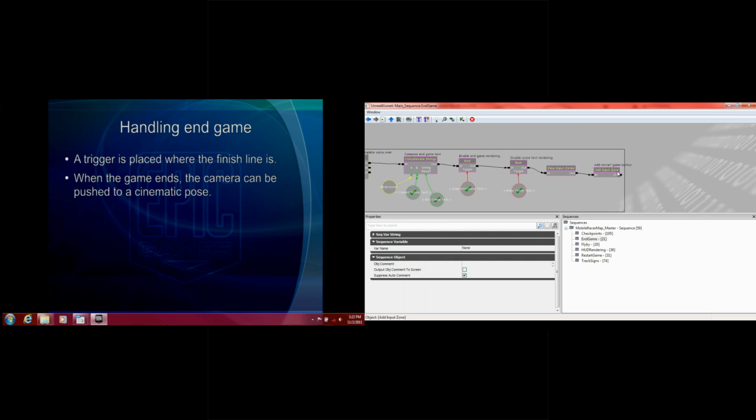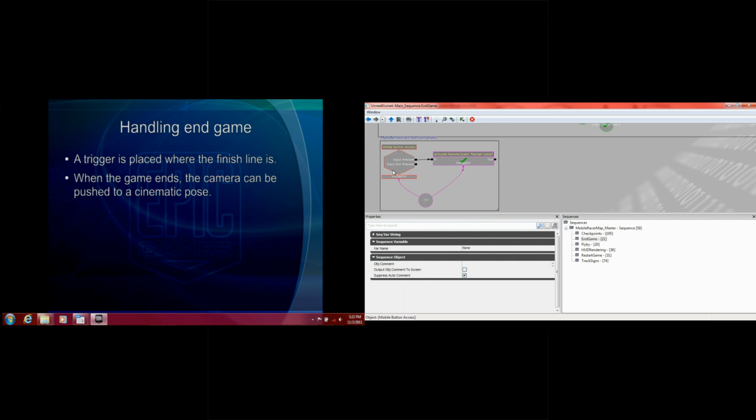I then add a restart game button. Basically, it's an invisible button which is over the whole screen. If the user touches that, then it restarts the whole game again. Where that's handled is just down here. I have an input zone here, and it just goes to restart game. And what that does